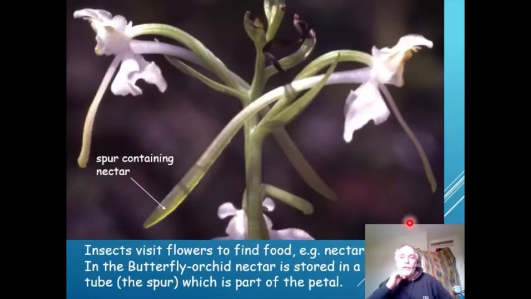So now this here is a flower. This is a butterfly orchid, and it requires insects to ensure that pollination occurs. And you see, the insect will fly in here, usually a butterfly with a very long mouth part or proboscis. And that proboscis moves down and it drinks the nectar at the very bottom of this